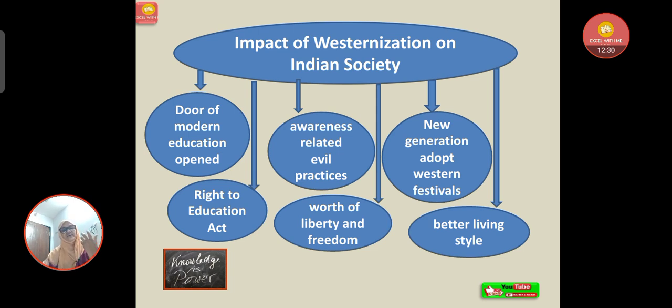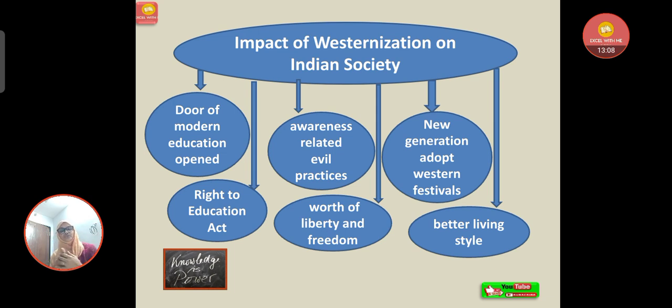Then Indians realized the worth of liberty and freedom. They got exposure to the philosophies of thinkers like Mill, Rousseau, Spencer and Burke. So a number of philosophers influenced us. Then they understood the reason and impact of English and other languages also, and they were influenced by the French and American Revolution also. Then a group of people became westernized in their dress, diet, manners, speech, sports, and in the